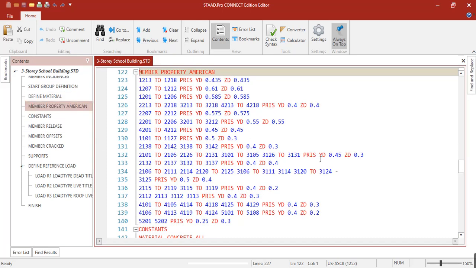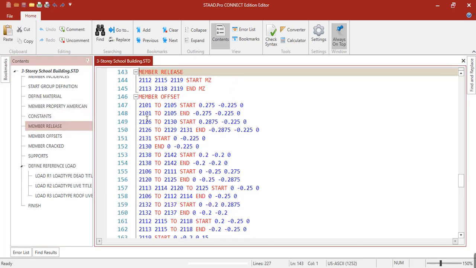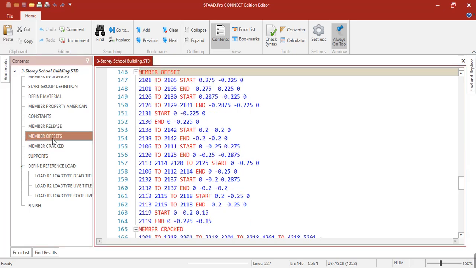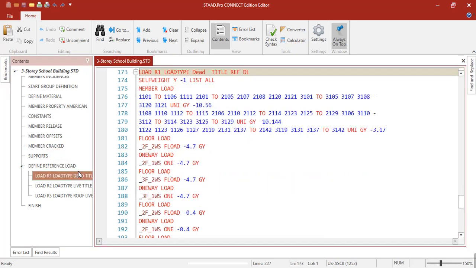The property for each member, the constants, the releases and the offsets. The member truss is also here in the editor.